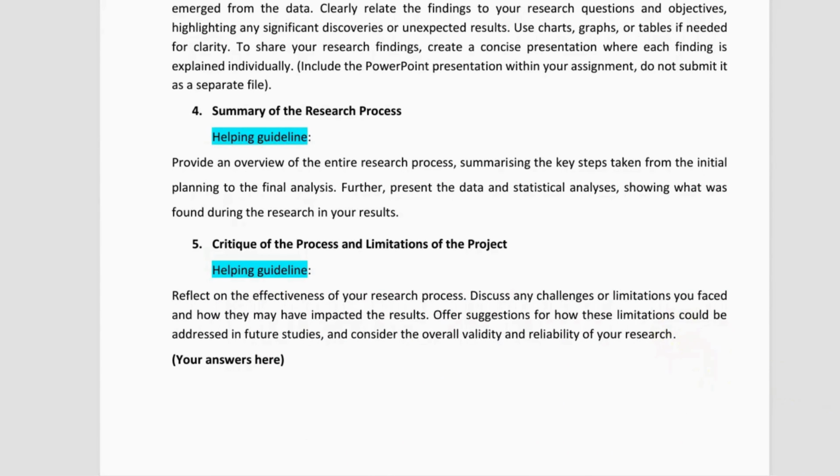Now, once you're done with discussing all these sections, you have to conclude the entire assignment. Let me clarify this to you, that this conclusion is not about your research project. It's not the conclusion of your research project. This is the conclusion of the whole of your assignment. You have to discuss generally what you have gained, what is the summary of your assignment, what are the important points of the whole of your assignment, because the conclusion of your research finding you already have discussed above. So in this section, you have to provide the overall summary of your entire assignment.